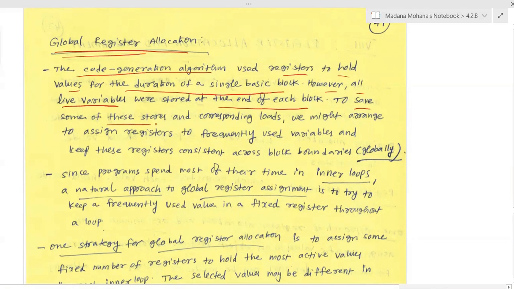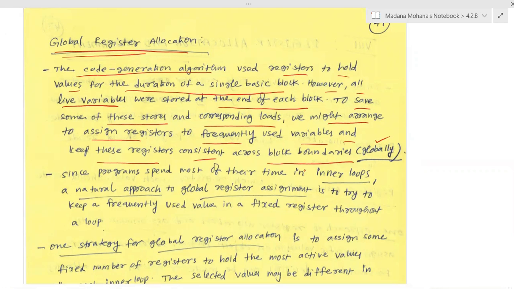To save some of these stores and corresponding loads, we might assign registers to frequently used variables and keep these registers consistent across block boundaries globally. That means you can identify the variables that are frequently used, and those can be stored in consistent registers globally. This will overcome the difficulty.